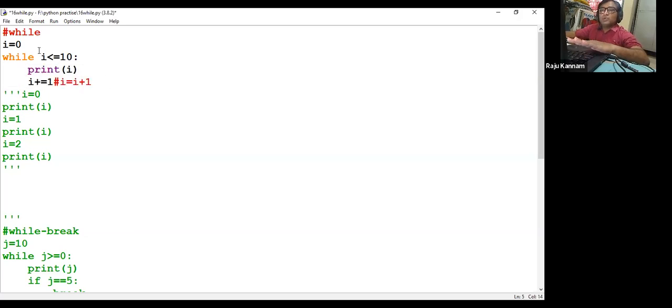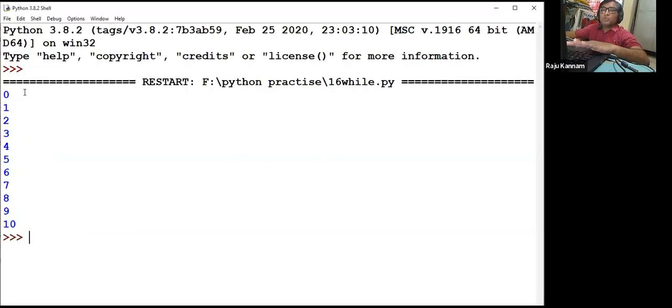Right? Okay. Now if you execute this, the I value is printing from 0 to 10. Right? We are printing from 0 to 10. Any doubt here? Fine.